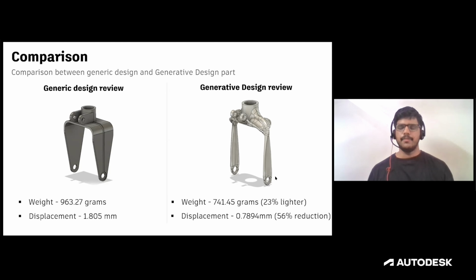That is, it weighs 741.45 grams. Next is the displacement perspective. There was a 56% reduction in the displacement of the two parts. Our original part underwent a 1.805 millimeter displacement, while the new design underwent a displacement of just 0.7894 millimeters.